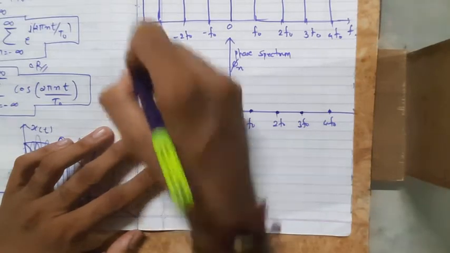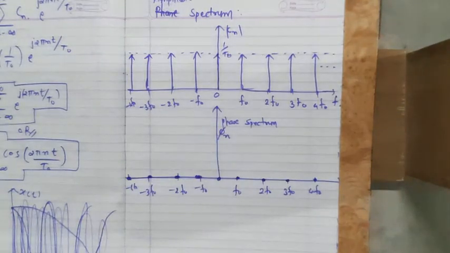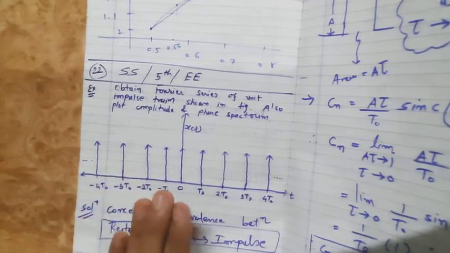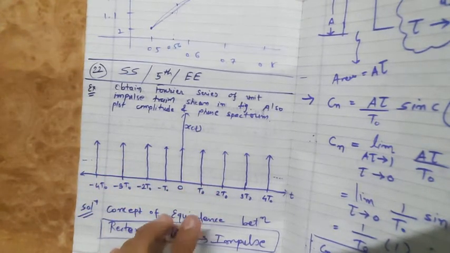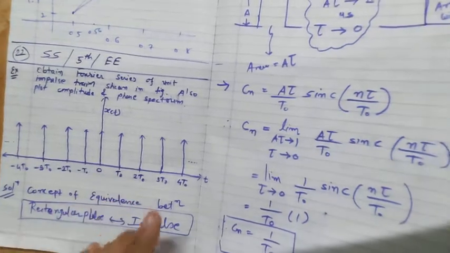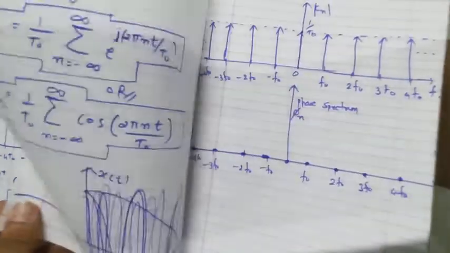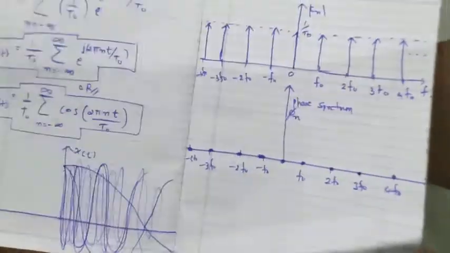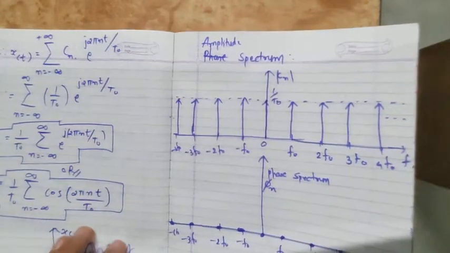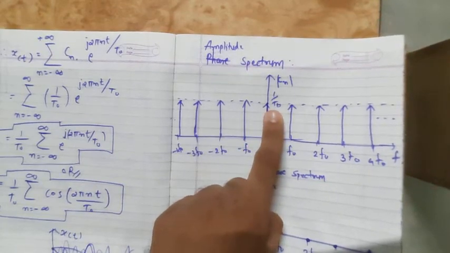And that is what we call a phase spectrum and amplitude spectrum. Now the key thing here is that the Fourier series of the impulse train having T0 as the fundamental period has the same graph as the x of t, for the Fourier amplitude spectrum having the inverse of the fundamental time period as magnitude.